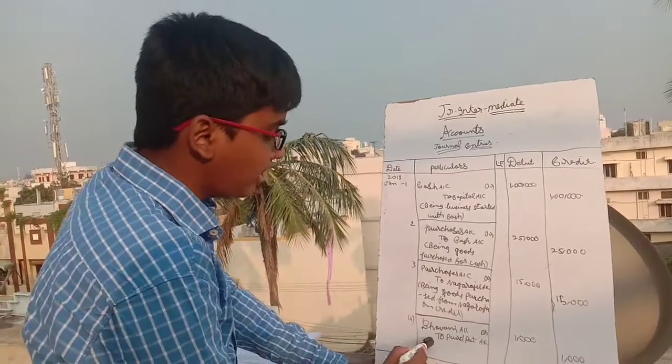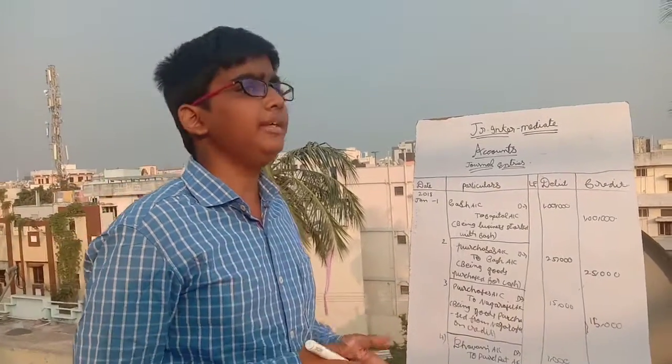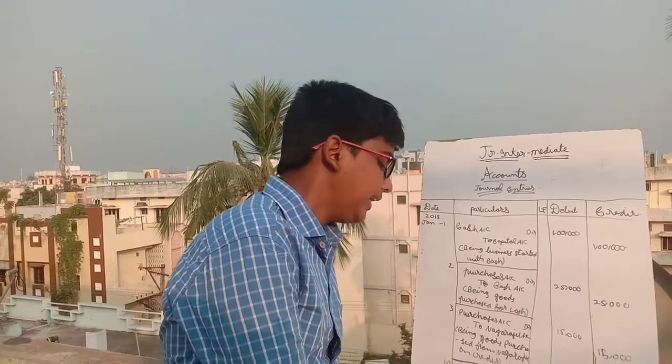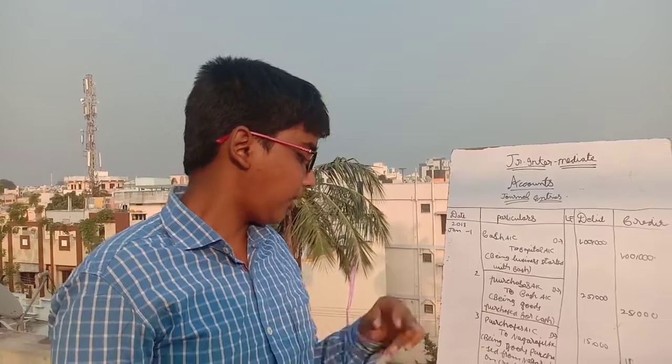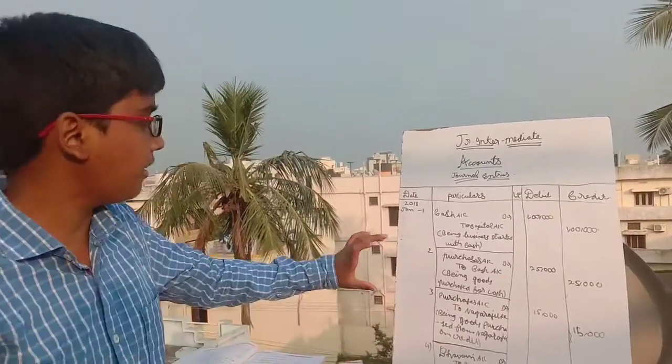And the next one is Bhavani account debit to purchase returns account. Purchase returns means goods are going out of the organization, so credit what goes out according to the real account rule. That's why we are crediting the purchase returns account, and the Bhavani account has to be debited because Bhavani is the receiver here. Debit the receiver according to the personal account rule, so we have debited Bhavani. This is the first sum.